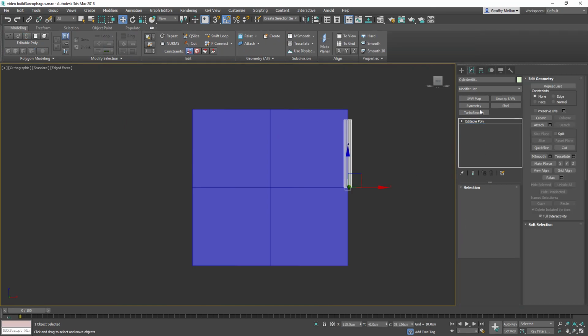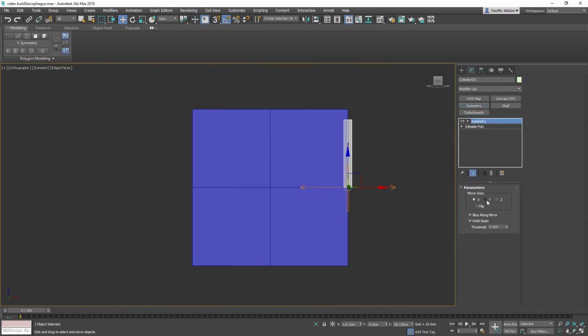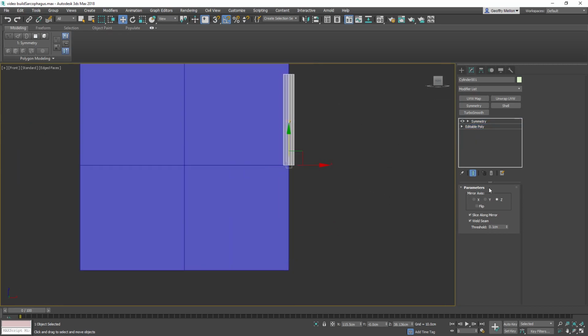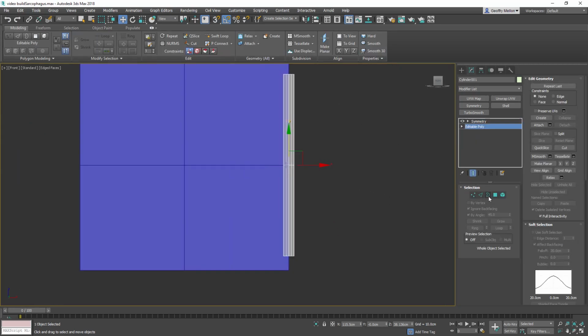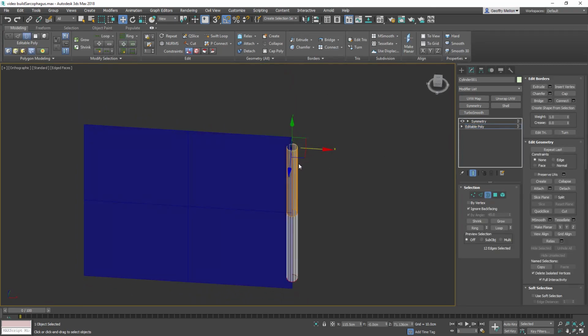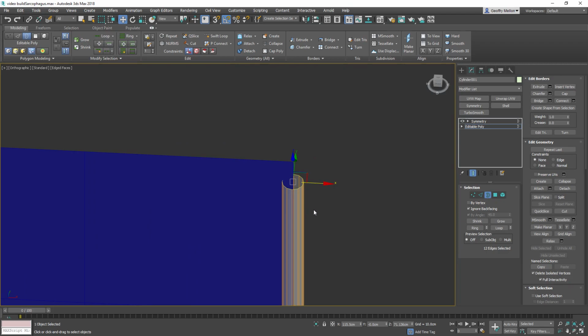I'm going to symmetry it so we can see the bottom and the top, and I'll go, I'm sorry, Z. And I know that it should be about even from the top to the bottom, which is great. And then I'm going to go back down to the sub-object, and I can turn on the symmetry to see it. I'm going to grab this sucker, and I don't want to cut it up because we are going to end up cutting it up,